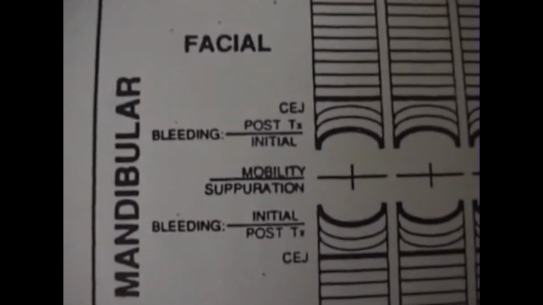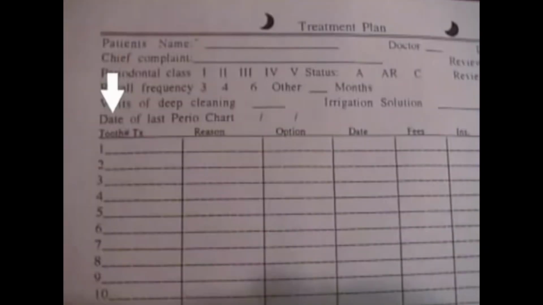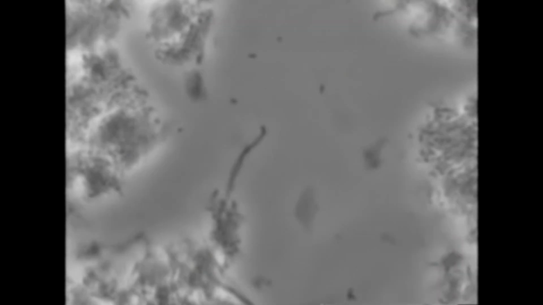We do a periodontal chart on every patient every year. That's why we date the latest one on the front of the chart and the treatment plan, so we can tell if they're due for another. Recall frequency for anyone with significant infection or pockets will be 90 days, as that's about how long it takes the bacteria to grow back once you've killed them.